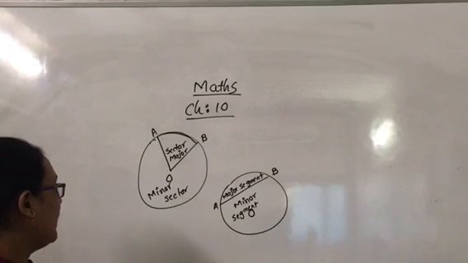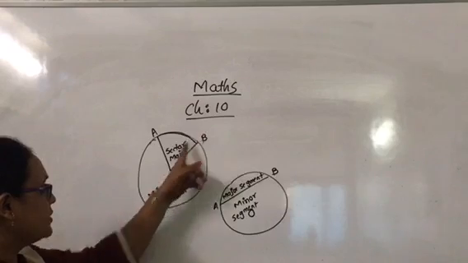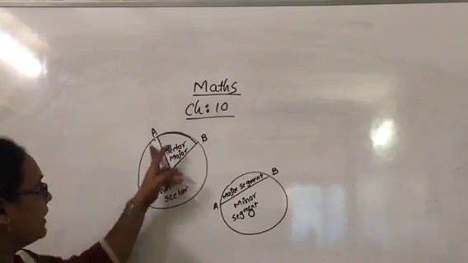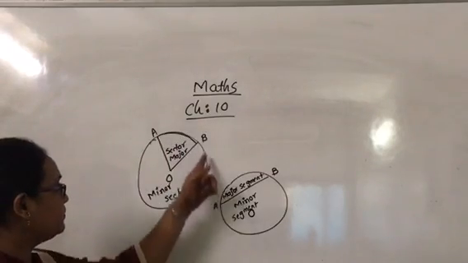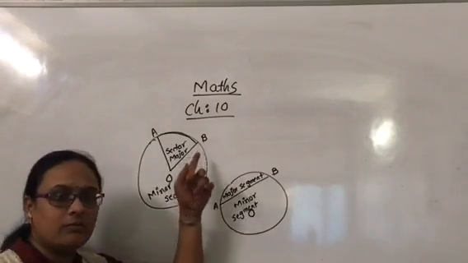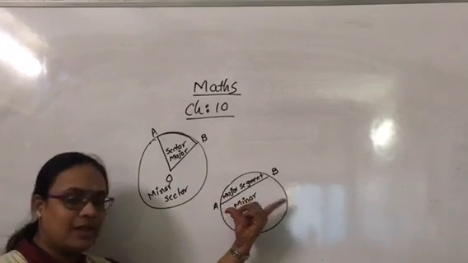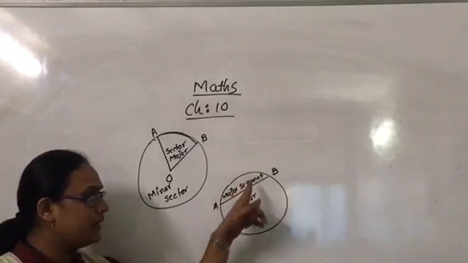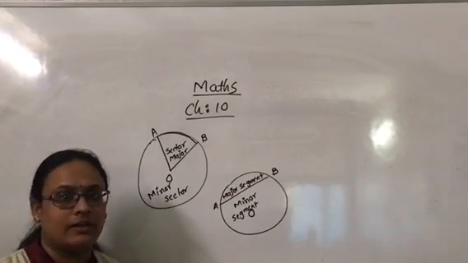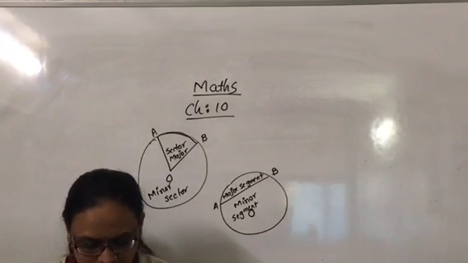If we have an arc AB, then it forms a shape with radii OA and OB. The part with arc AB is forming a minor sector and the rest is forming a major sector. Same way, if we have a chord AB with center O, the smaller part is the minor segment and the bigger part is the major segment.